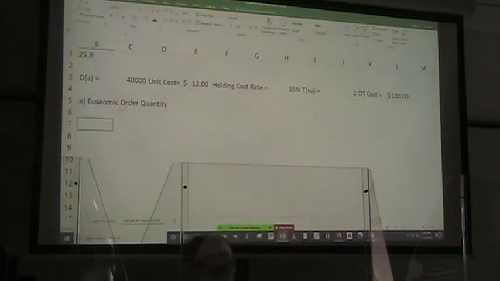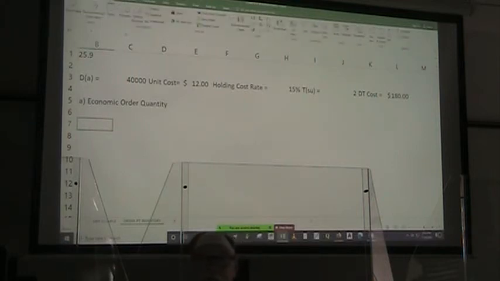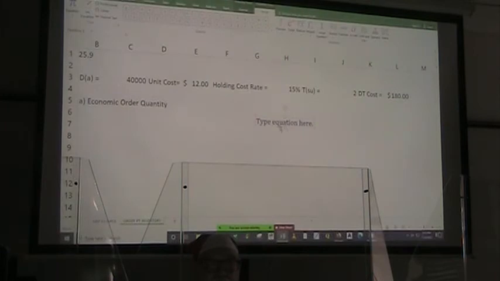All right, so I'm going to go ahead and insert an equation. All right, come over here, equation. Q equals EOQ equals the radical, and in the radical we need a fraction,